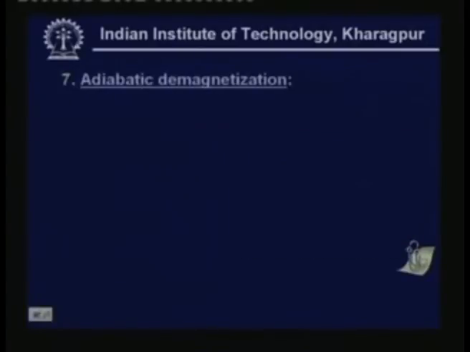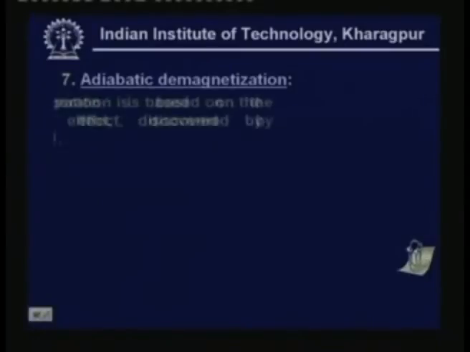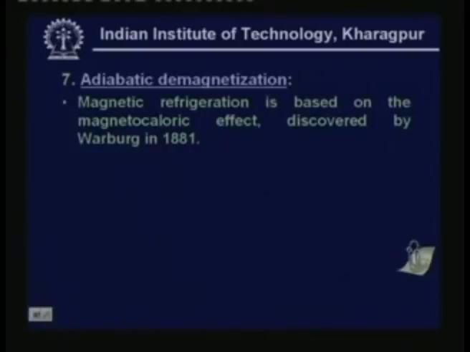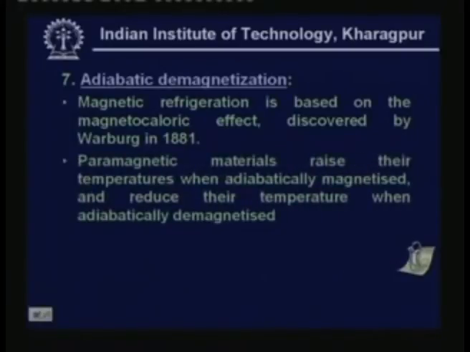The last effect is what is known as adiabatic demagnetization or the magnetic effect. Magnetic refrigeration is based on the magnetocaloric effect discovered by Warburg in 1881. What is the principle of this? The principle is that paramagnetic materials raise their temperature when adiabatically magnetized and reduce their temperatures when adiabatically